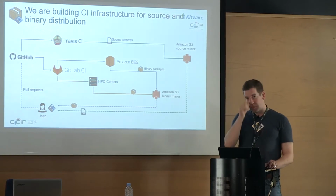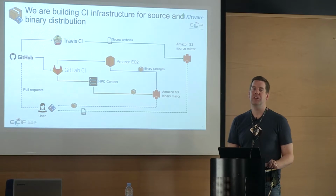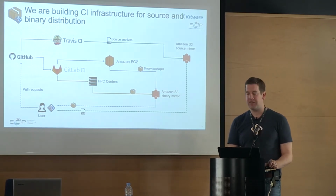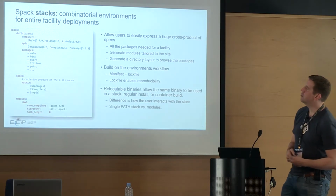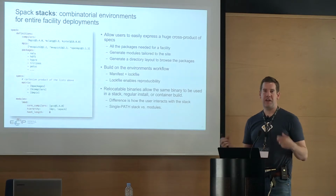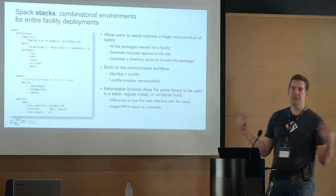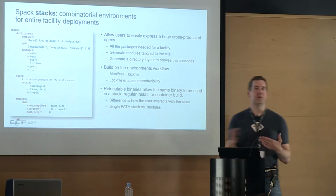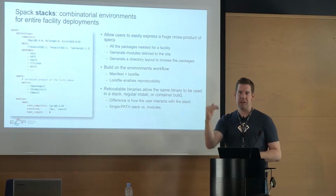All right, so on the roadmap for Spack, there's a number of features related to this stuff that we're building to support the ECP deployment process. One of them is something that we call Spack Stacks. This is essentially like environments. We're building on the environment workflow, but we're allowing you to define basically large cross products of specs. If you think about most facilities, you have a few compilers, you have a few different MPIs that you support. You don't really want to write over and over in a YAML file